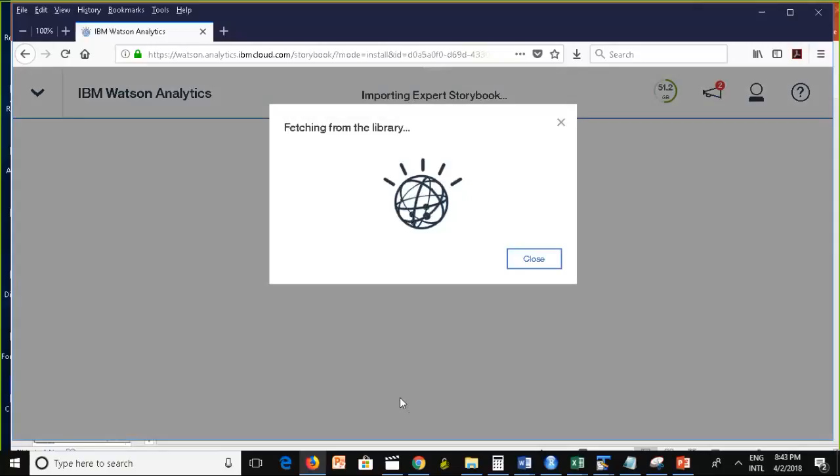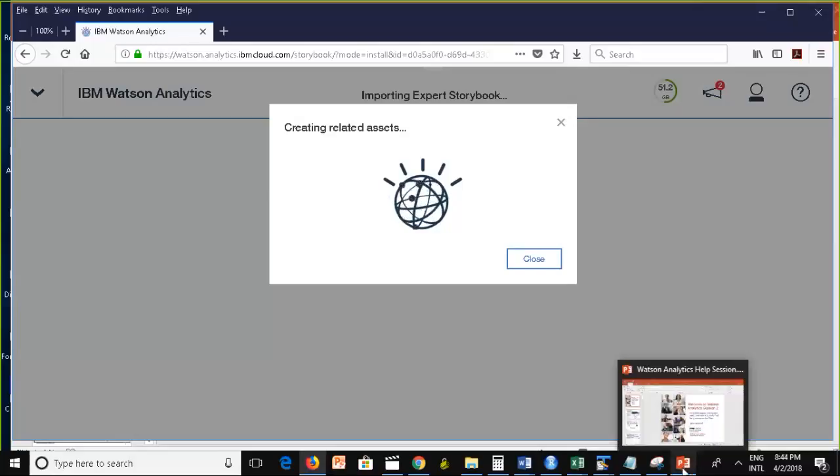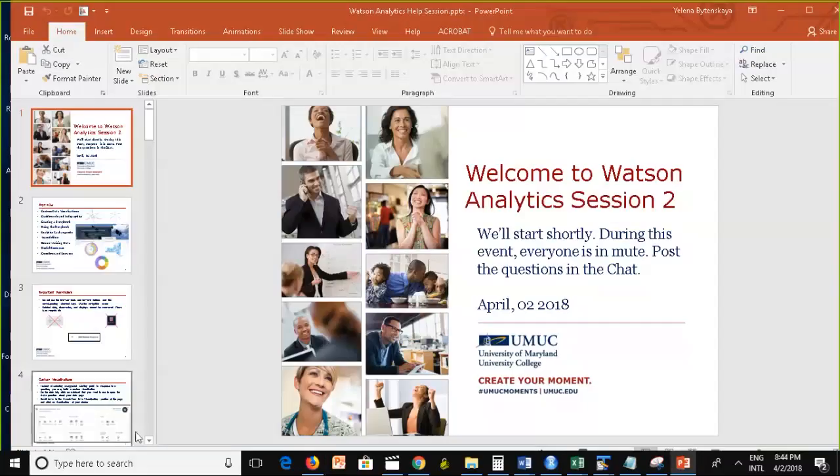So what it's supposed to do is import the storybook, and the storybook has several displays. In this case, I think they're going to be dashboards, and also the data set that was used to build the displays. Sometimes there could be one data set, or there could be more. So here we need to be patient, depending on the network speed and the number of system users. It might take a while for it to add. So while it's loading,